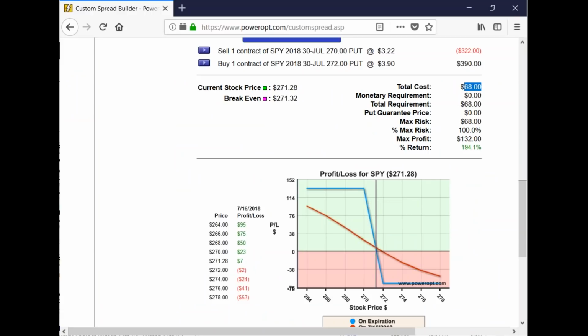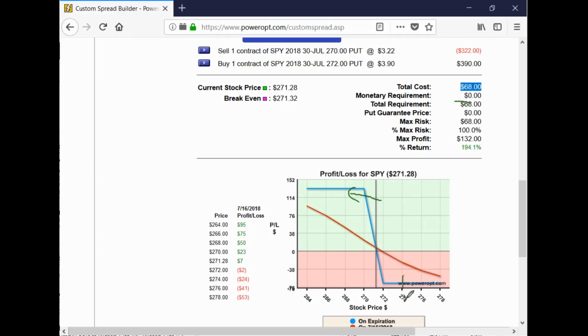It's a low cost because you're closer to the stock price, so these premiums are more equal. Whereas when you go deeper in the money, you're closer to intrinsic value. As we saw, we paid $177 for a two-strike away spread. But if the stock does fall as you expect in 30 days down below 270, your max profit is $132. You still get that 2 points back, but you only paid 68 in instead of $1.77. This is a longer term play. It is more speculative. It does have a known and low risk.